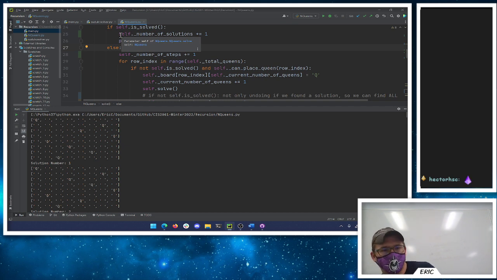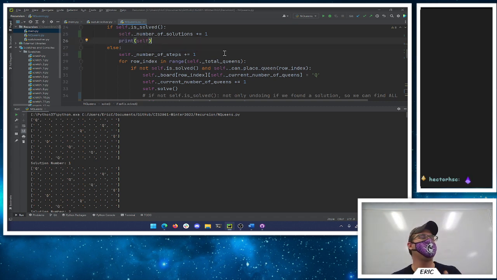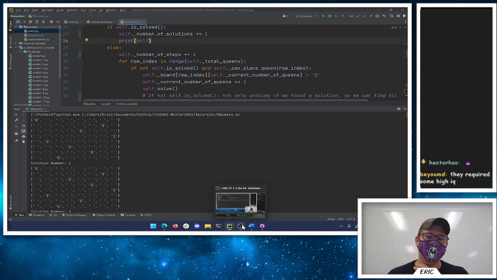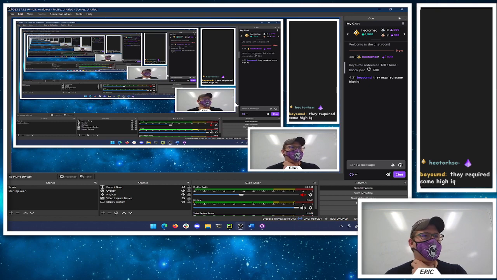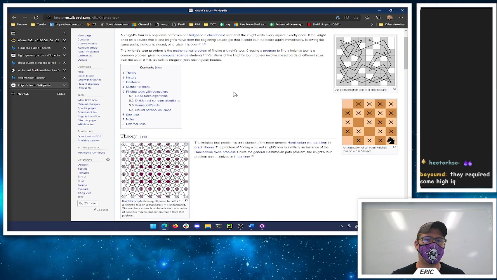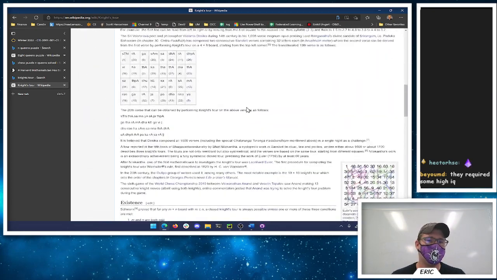All right, so I think we're pretty good on recursion here. The second project we're going to tackle is a recursion project. So in lab, we're going to do the Knight's Tour project solution. Bay, that required some high IQ. So we'll do the Knight's Tour project. Now that one's actually interesting in that the Knight's Tour, the way to solve it, you actually need to go